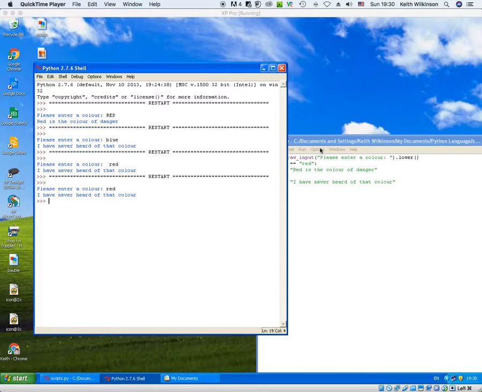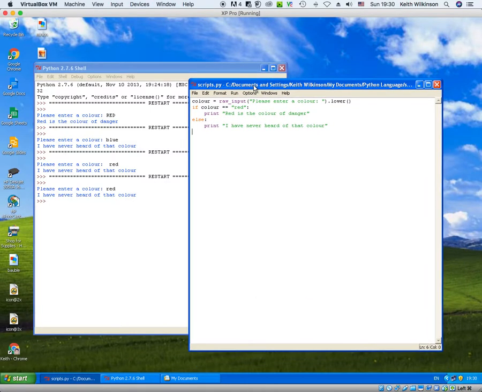Let's look at the elif statement in Python. As pointed out before, in the microbit it was actually called else if, and in Python it's called elif. So we have to keep the same structure as we did in the microbit, where we got an if statement. Then we can have an elif statement,